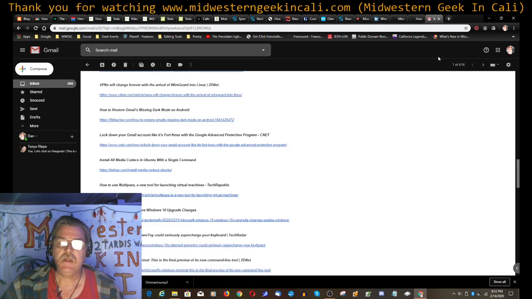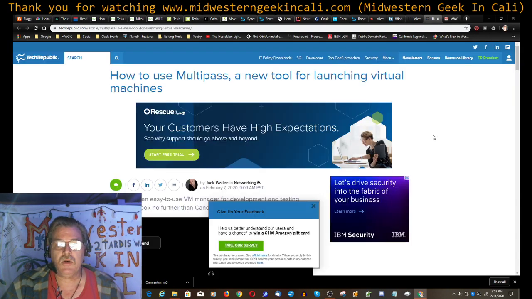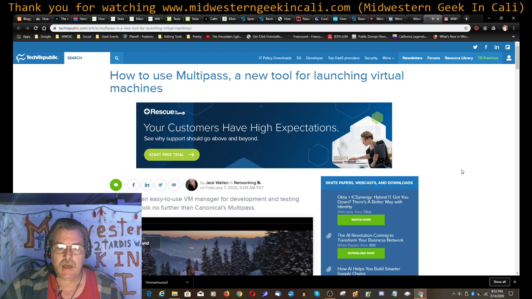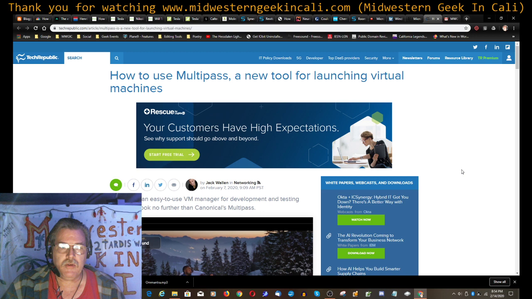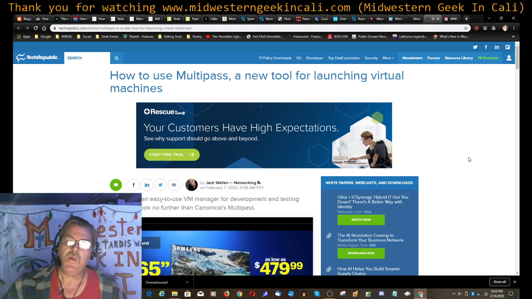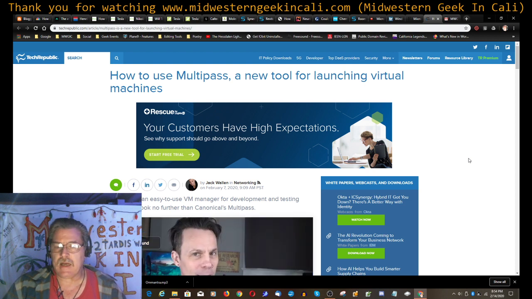So let's get back over here. How to use Multipass, a new tool for launching virtual machines. Now this is kind of cool. What you want to know about Multipass and virtual machines is that it's a way to run multiple operating systems on the same PC hardware at the same time.